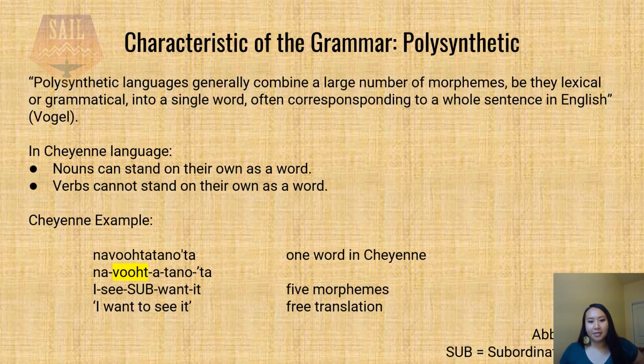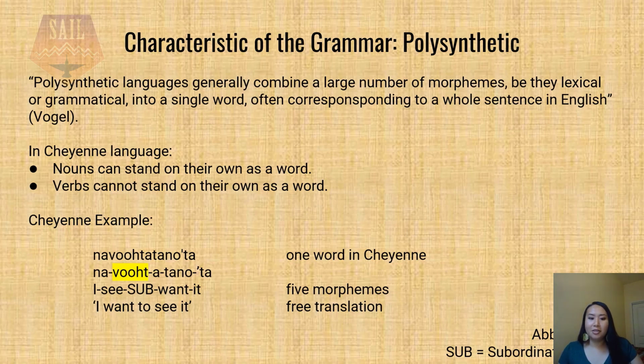Cheyenne is a polysynthetic language. This basically means that what could be a whole sentence in English could be considered just one word in Cheyenne. This is useful to know because in my personal experience, I always wondered why when I asked how to say something, I would be told that you can't say that, or you can't say just that one word, you have to say something more with it. And so now I finally know why. It's because the language is polysynthetic, and the best way to decipher the language is by looking at the morphemes.